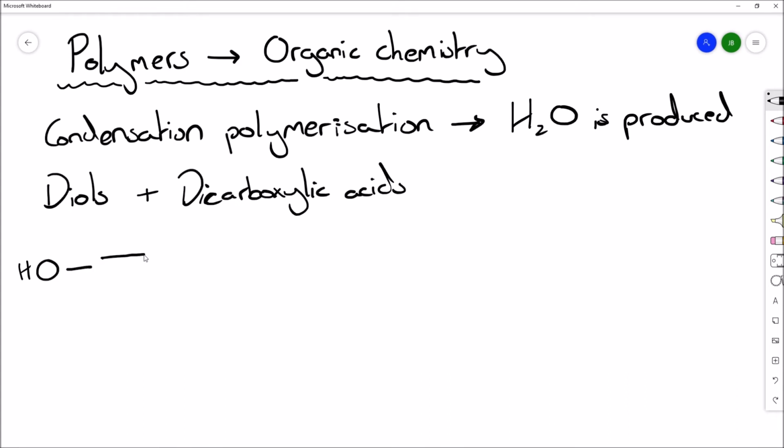Okay, so what we will have for a diol, for a double alcohol, you'll have OH that side, then you'll have your carbon chain. Now I'm going to denote this carbon chain with a box. You're allowed to do that in your exams. This, we'll just say this box in this example equals C, we have two hydrogens,